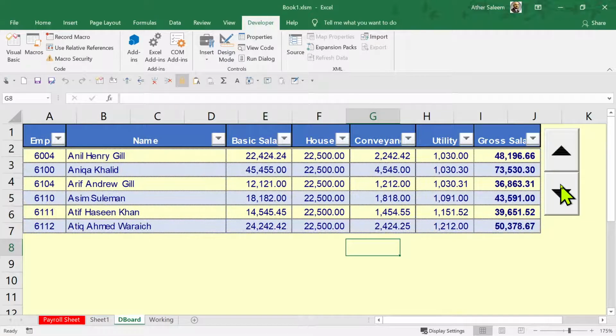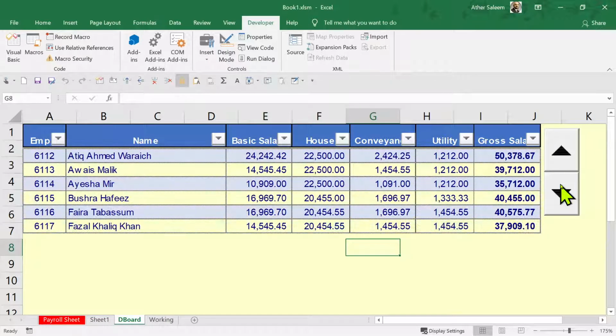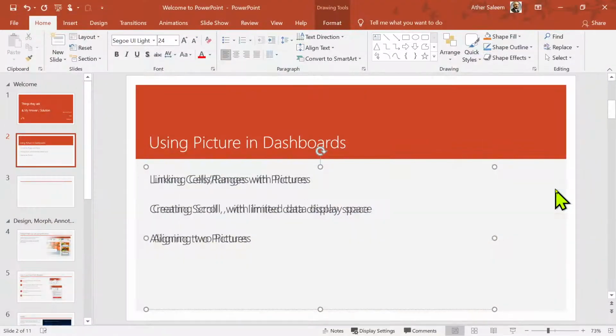So this is how you can create a scroll for your dashboard. Right. So I hope you have followed each and every step of this video. And let's go back to our agenda for this video and see what else we need to do today. And that was